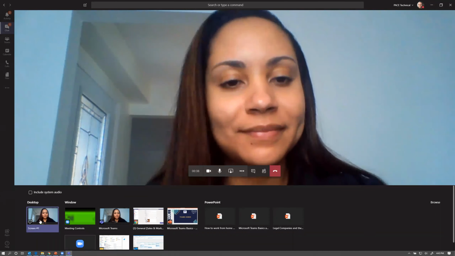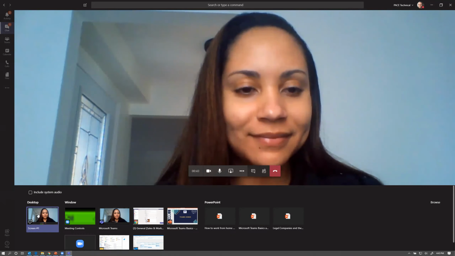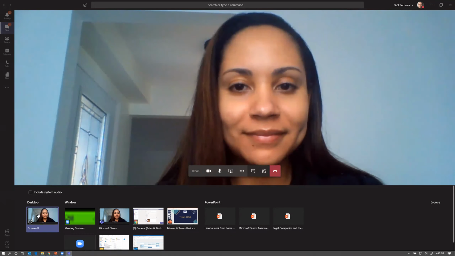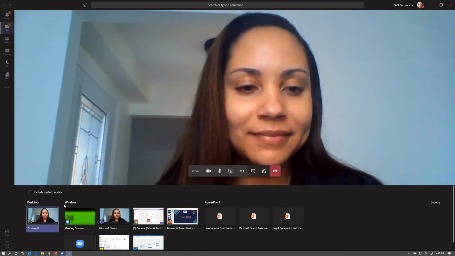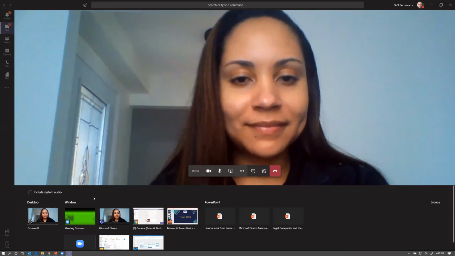So you have the option to share your entire desktop. When you do that, it'll share every application that you have open. But if you just wanted to show one thing and you didn't want to show everything you have going on on your desktop, you can just choose an individual window.